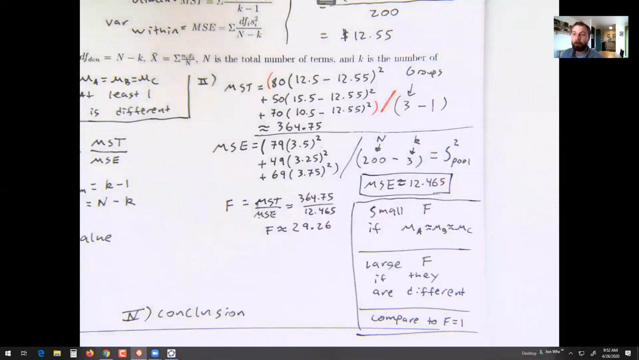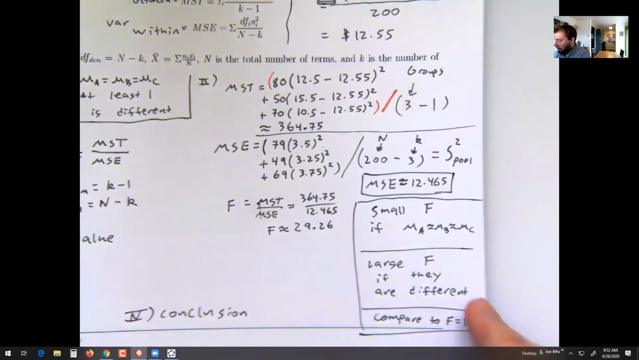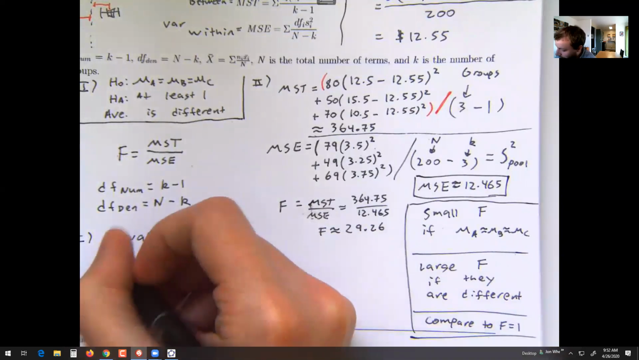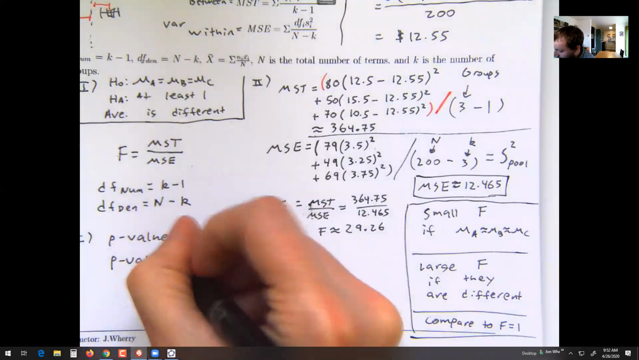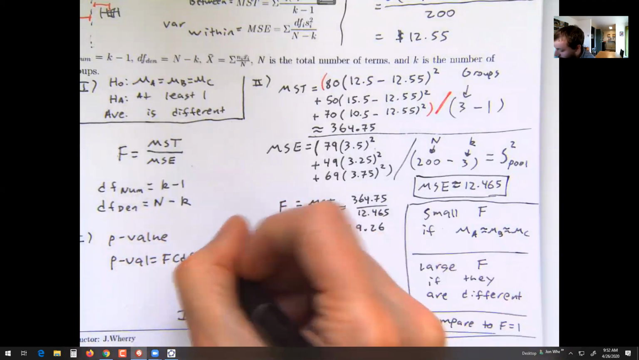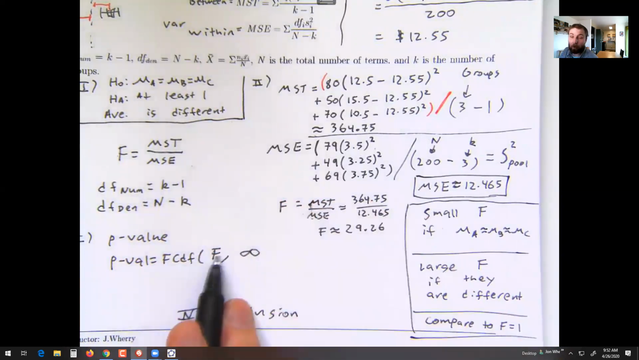So I'm almost certainly going to notice that the averages appear to be different. I'm almost certainly going to have a small p-value where I reject that null hypothesis. In my calculator, this will always be a right-tailed test. I'm going to have p-value is F-CDF, whatever my F ratio is, comma infinity. So I'm looking at this much spread or more,